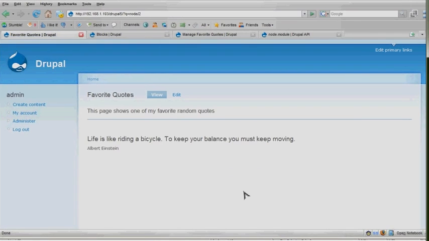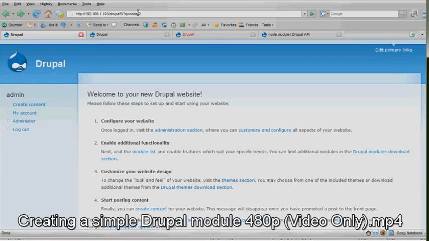It's possible that you may get the same data more than one time because we have used the random function which may render the same data, but it will also render different data. Let's try our luck again. Hit refresh again and again. Okay, so we have just created a simple module in less than